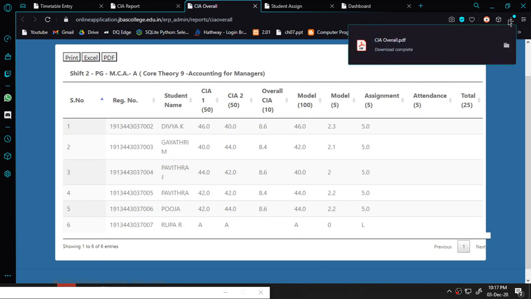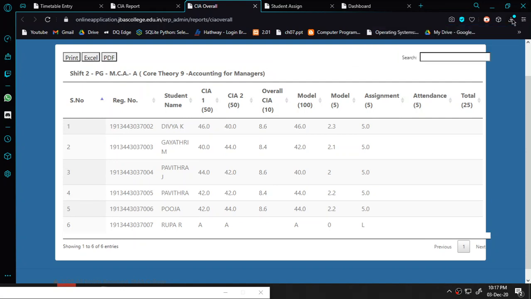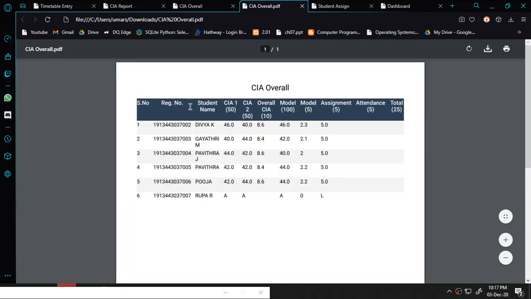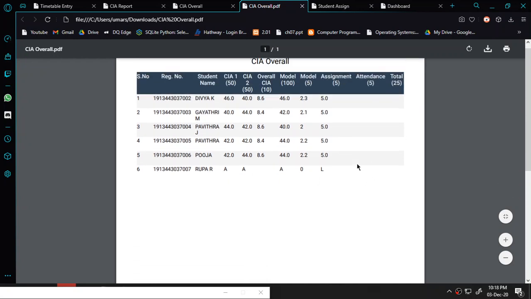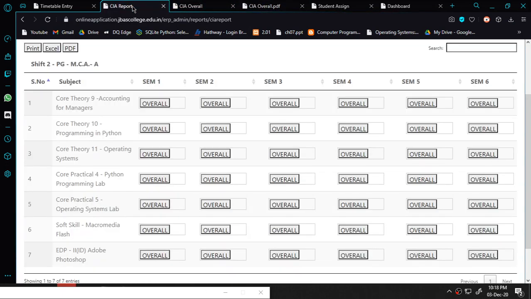So this is downloaded. I can see where the download is over here. So this is how I was showing you the PDF, how it is being done for the subject. So you can see this is the final report for the students of my class. Since it is partially done, the attendance is not given, so the overall output is given partially. So that's the way, so any subject you can click over here and then find out which semester you want to see. You can go through any tab and any entries to click to get the final report.